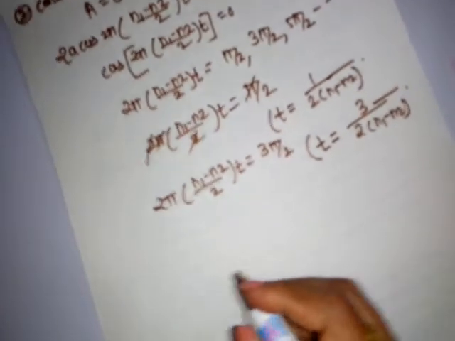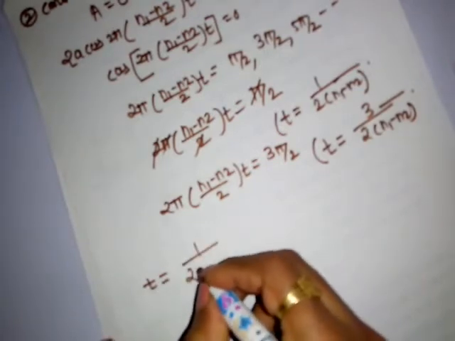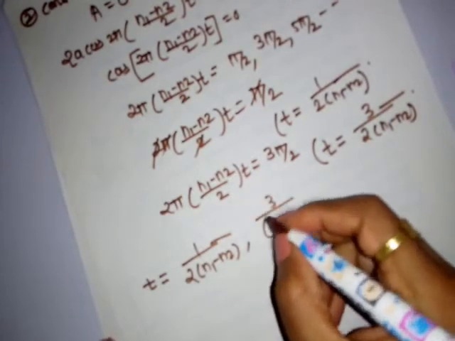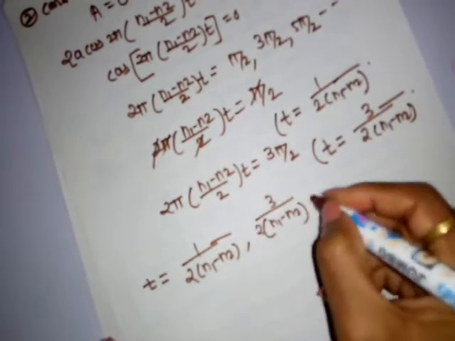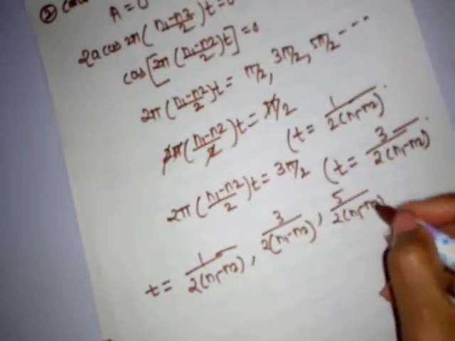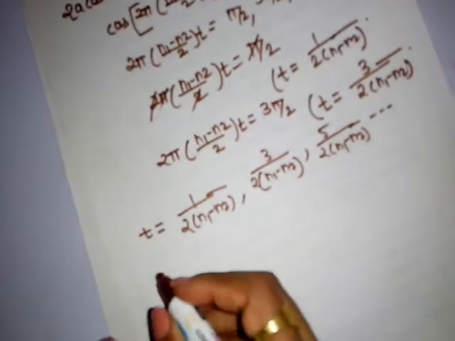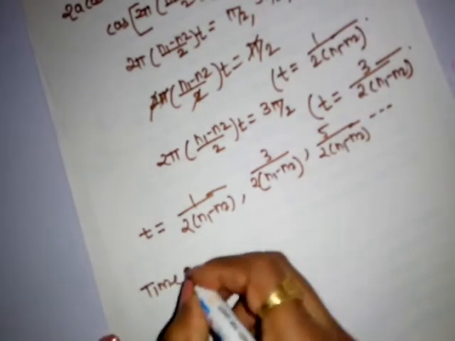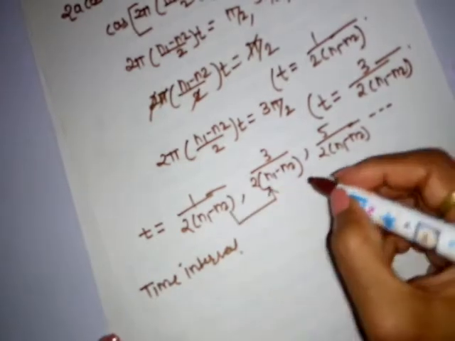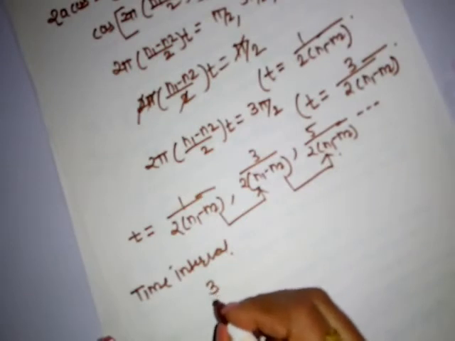In this way, if we calculate continuously the value of t, we get t is equal to 1 upon 2 times (n1 minus n2). Next is 3 upon 2 times (n1 minus n2), then the next value is 5 upon 2 times (n1 minus n2), and so on. Now if we calculate the time interval, means after subtracting the first value from the second, and the second from the third, then we get for the first time interval